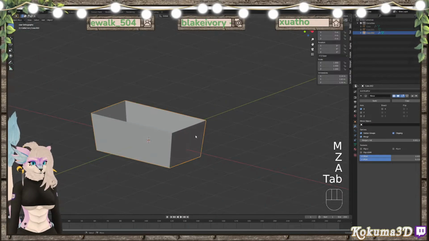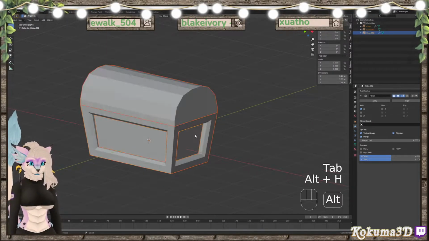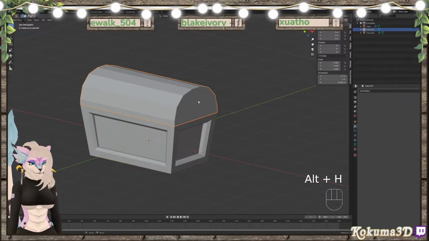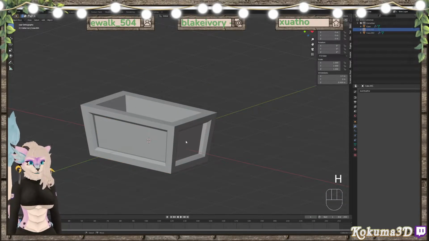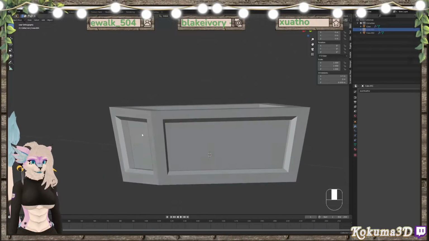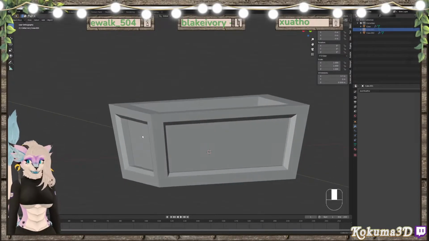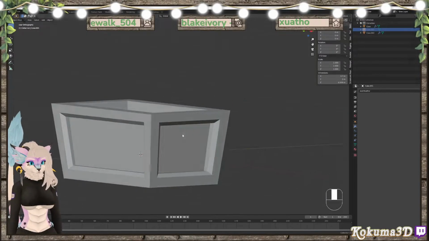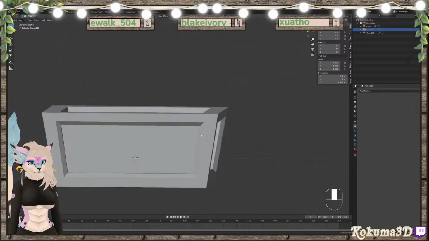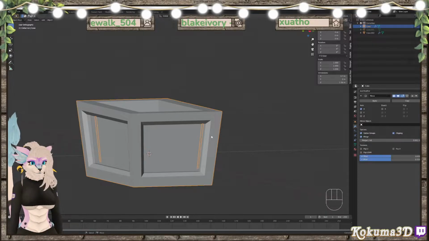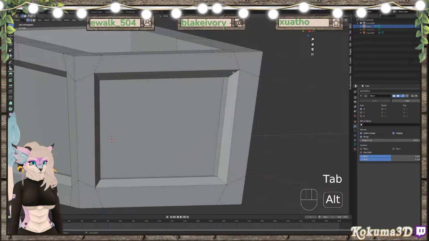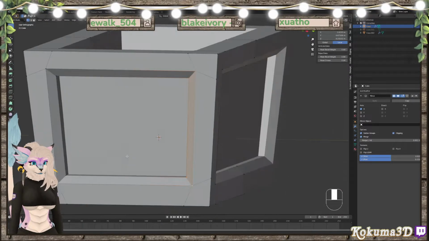And now if I tab back into object mode and do Alt-H, which is to unhide what I have. Let's rehide our top here because we're not ready for that. It looks exactly the same. However, we now have the ability to go back into our border, reselect these edge parts here,